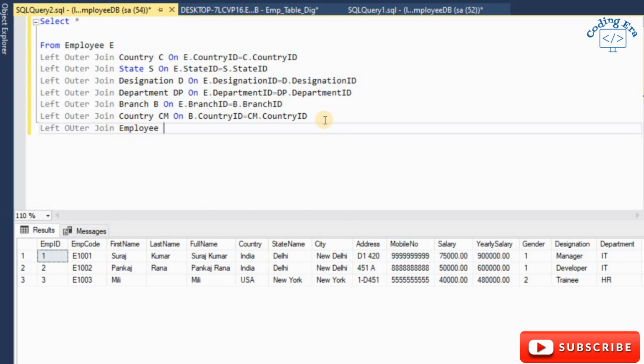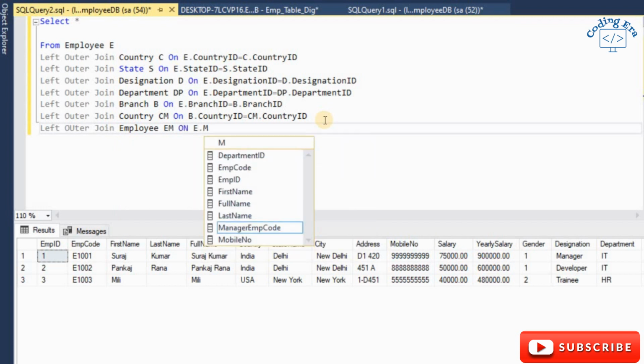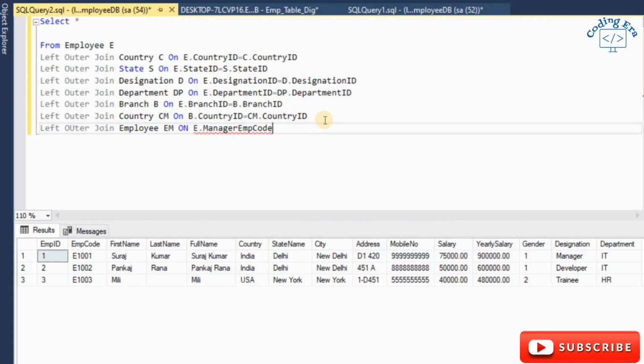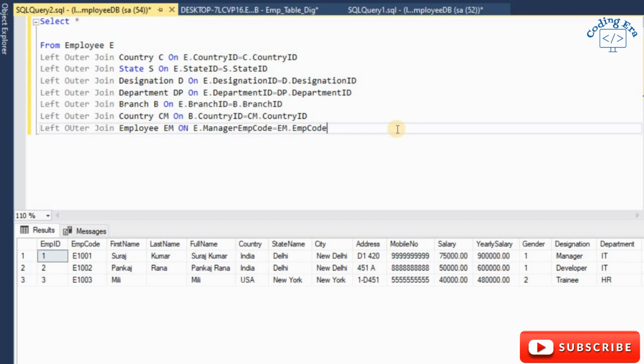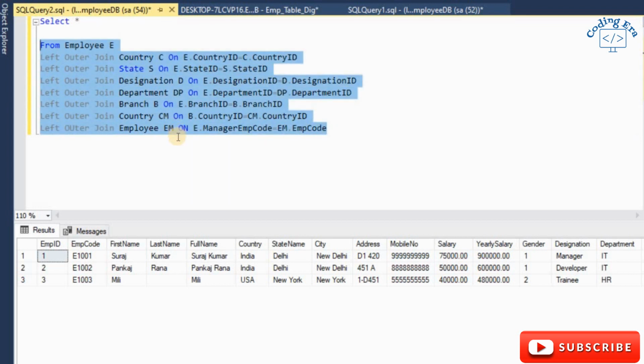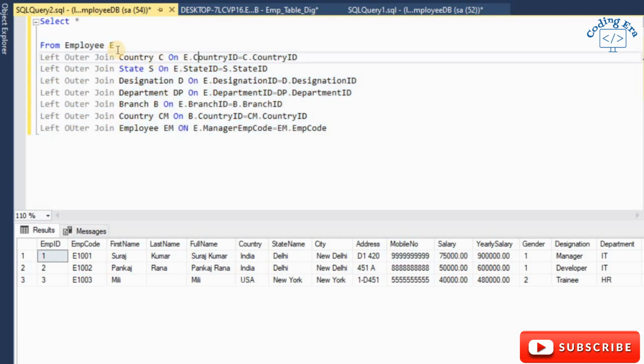I am using employee here again, and alias is EM, on E dot manager EMP code is equal to EM dot EMP code. Okay, so first I have listed out all the tables which I will use in the select statement, and I have made proper joins between all tables. Country ID is equal to country ID, state ID is equal to state ID.